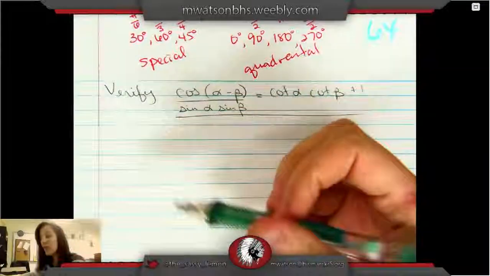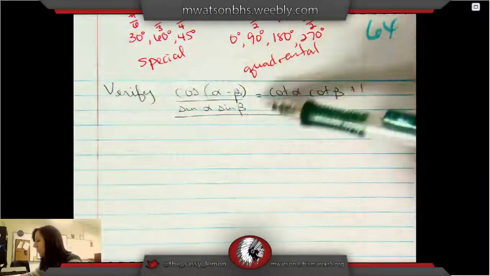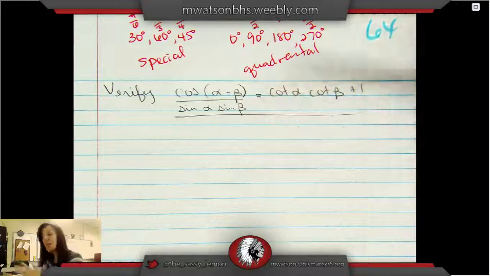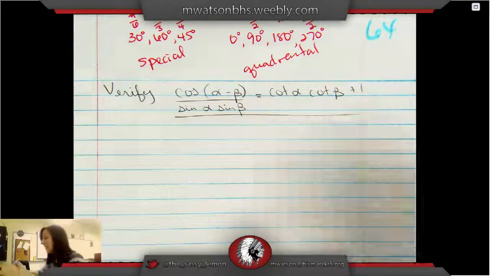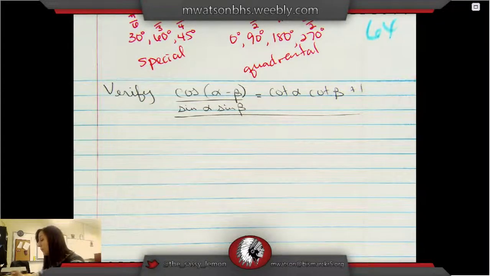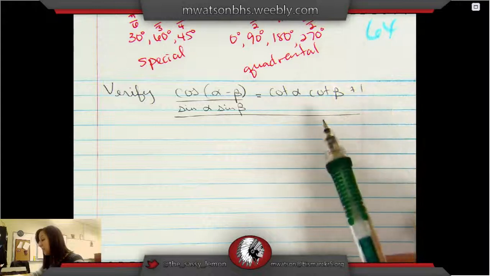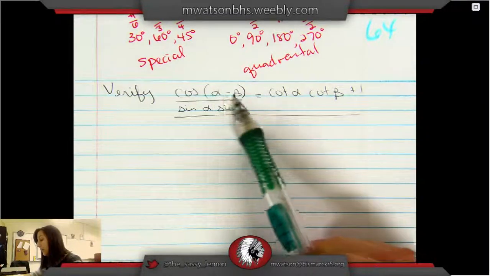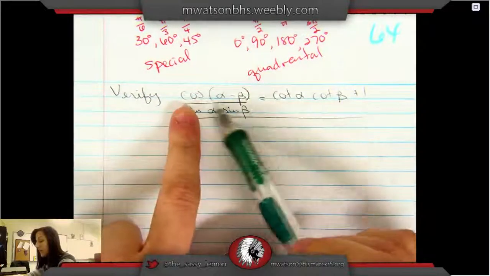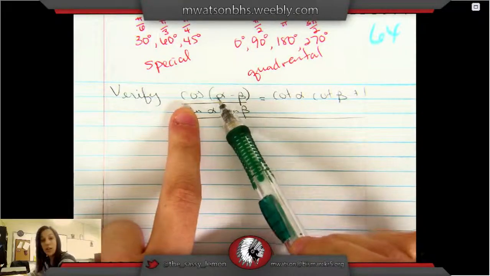Alright, so our last video is going to be verifying an identity. I know this looks really intimidating, but let's go back to what we know about verifying identities. First of all, we want to try to use the more complicated side and turn it into the other side. So here we've got a fraction, and it looks like we've got something that could potentially use a difference formula